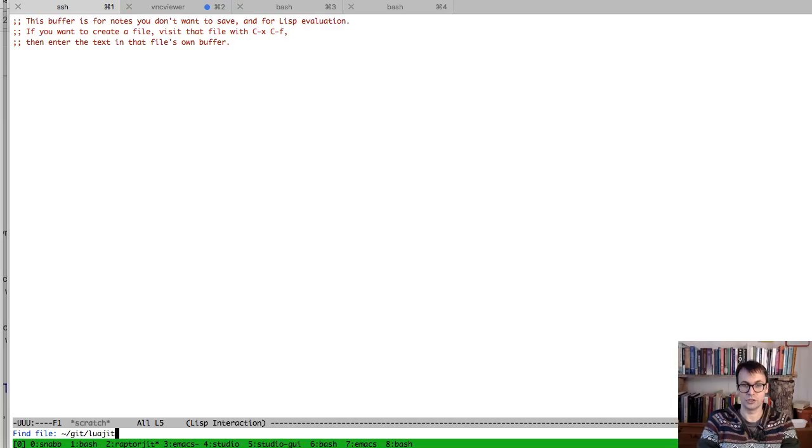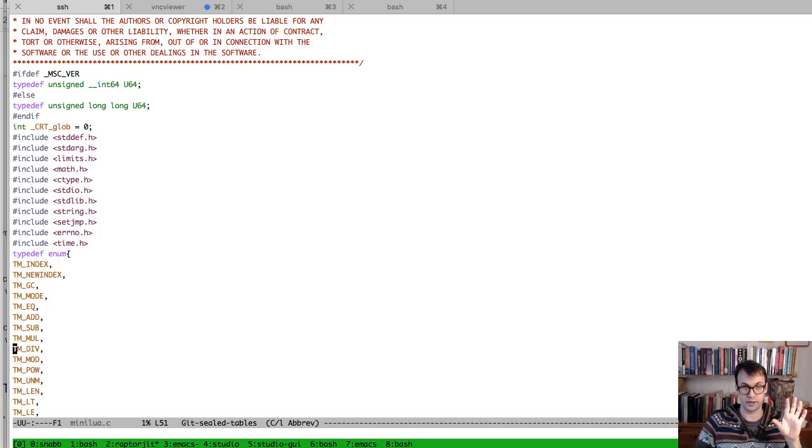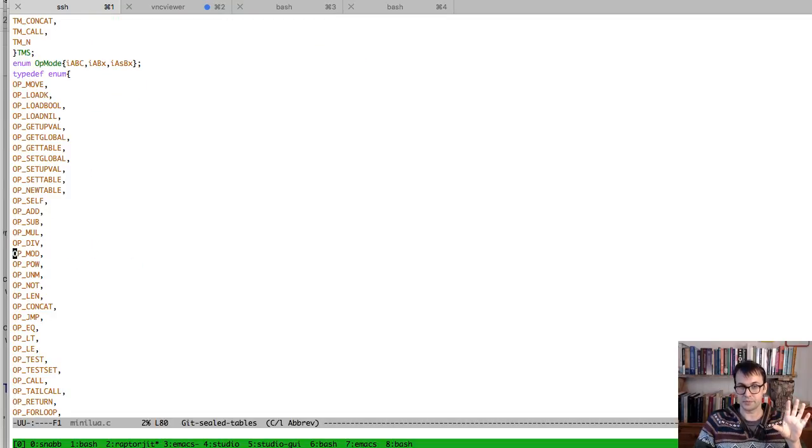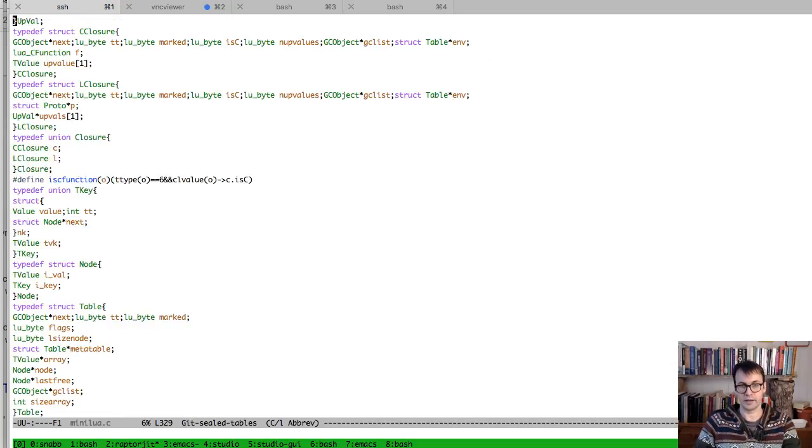If we go into the LuaJIT repository in the host directory, we have a file called minilua.c. And the comment says, this is a heavily customized and minimized copy of Lua 5.1.5. So somehow they've started with Lua from Brazil from 2012, and they've just stripped it down. This has been stripped down by hand, as I understand it, and it's maintained by hand, as I understand it. It's a C source file. There's no indentation, there's no blank lines. If we just page down a bit,